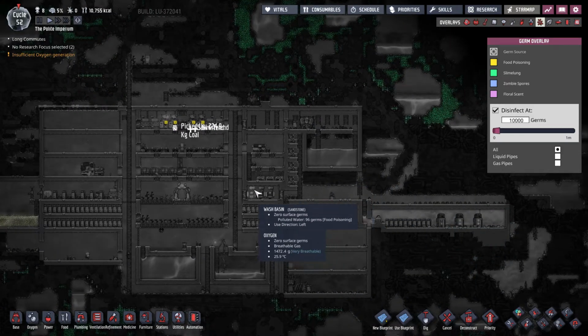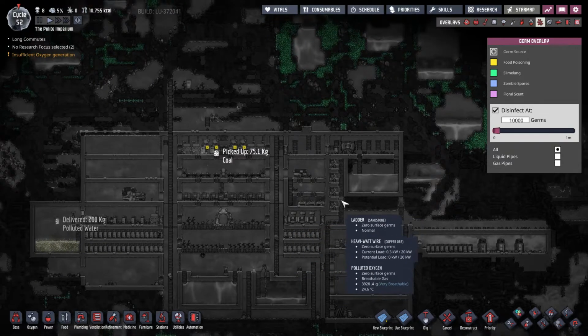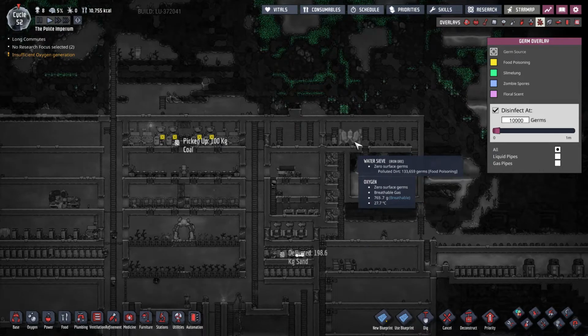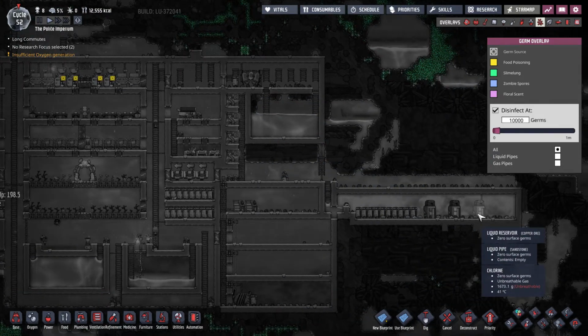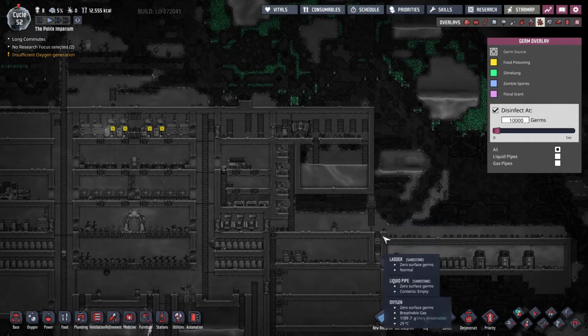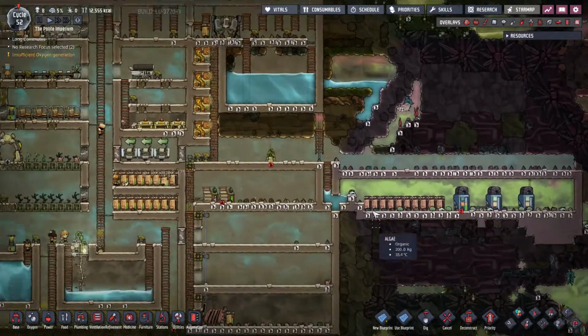So I want to replace these 3 wash basins with plumbed sinks. I think I need an additional water sieve here in order to keep up with the load. I need to keep an eye on this to make sure they don't fill up, and add a 4th one if necessary. But mainly I want my dupes to be digging out and storing the slime and stuff in these